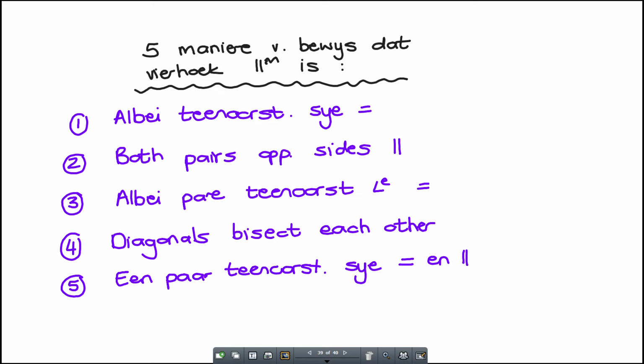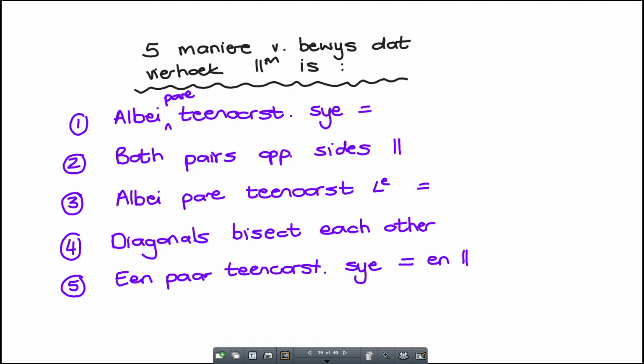There's 5 different ways. Number 1 is you either prove that both the opposite sides, meaning the 2 longer sides are equal and the 2 short sides are equal. Albei pare, anders dink jy moet net een van hulle gaan doen. Both pairs of sides are equal. The second method would be both pairs of opposite sides parallel. Want hierdie 2 is parallel aan mekaar en daai 2 is parallel. So as jy dit vir my kan bewys, dan is hy 'n parallelogram. The third one,